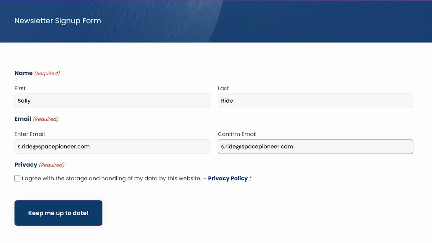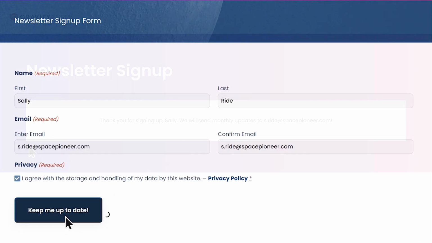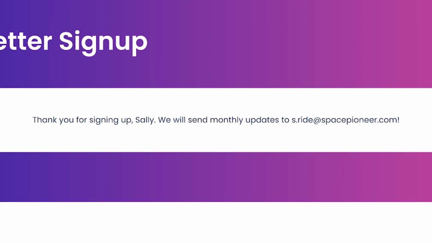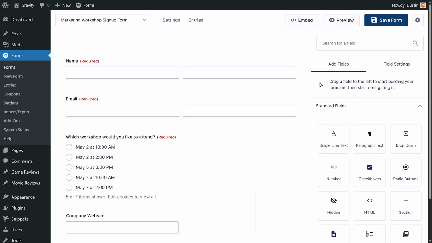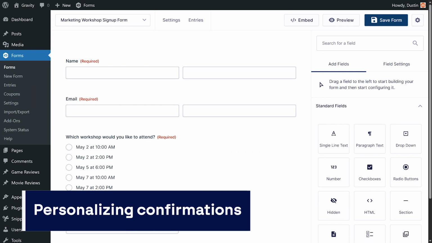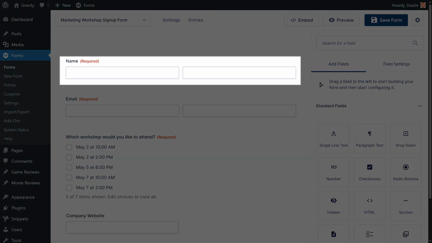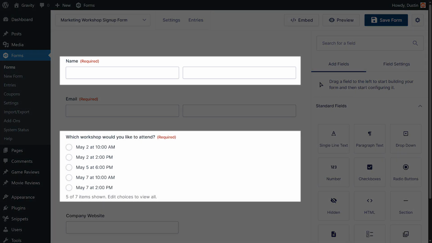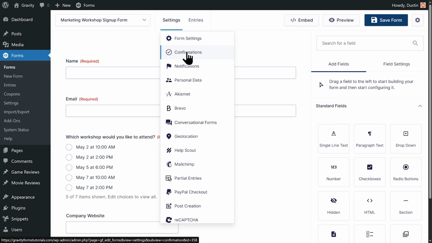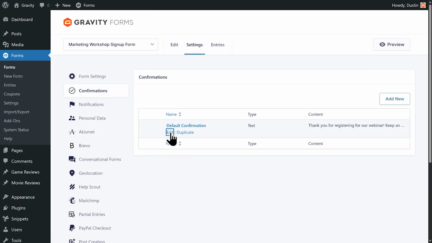Gravity Forms lets you easily personalize confirmations and notifications using merge tags that pull in submitted form data. For example, I have a workshop registration form and want to customize the confirmation with the attendee's name and selected workshop date. If I head to the confirmation settings for my form, I can edit the confirmation message to be